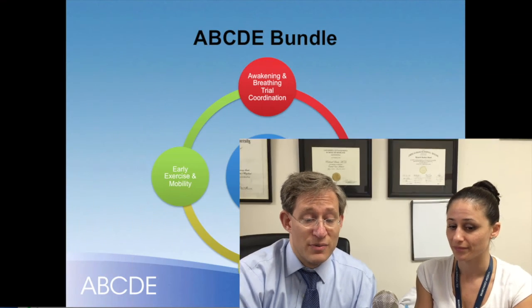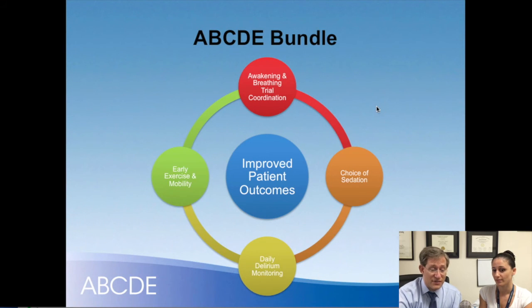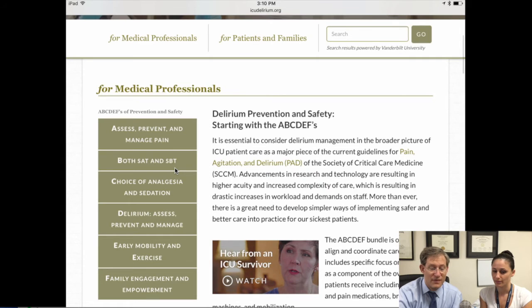It's okay. So we're heading towards the end of the video. The focus of the ABCDE bundle, as you can see here with the improved outcomes, is a focus on awakening and breathing trial coordination, that we're making sure to carefully pick how much and what drugs we're using for analgosedation, that we're assessing the patient for delirium, and that we're focusing in on aggressive early mobilization of the critically ill patient. There's a couple other points that Dina and I wanted to conclude with, just for completeness' sake,